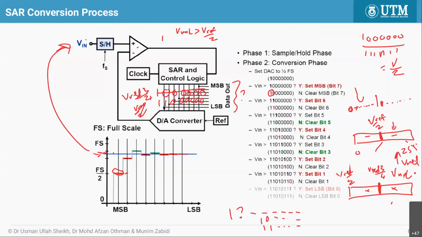So your unknown value is compared against Vref times 3 by 4, or 3/4. Here, this one, the red one. This is Vref, this is Vref by half, this is Vref 3/4. So second clock cycle, we compare against 3/4. And the voltage, the blue line, is still higher. So I still get 1 here. So now what I do is, second clock cycle, I decide that the second bit is